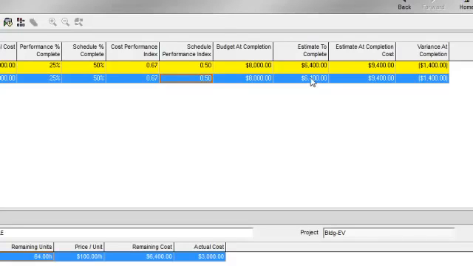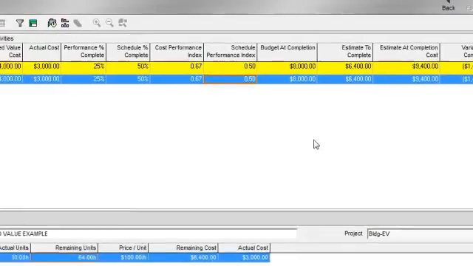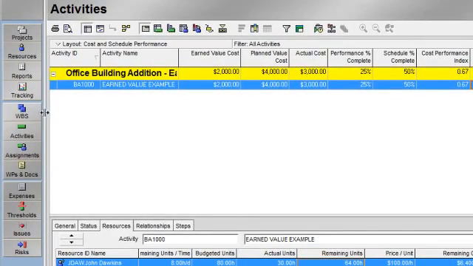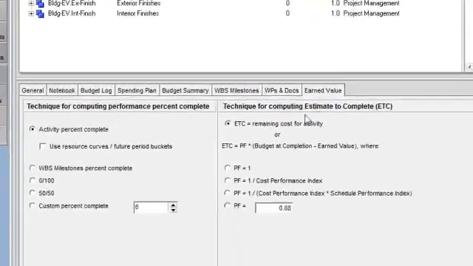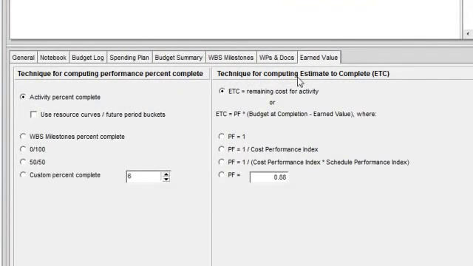My existing strategy for estimate to complete is based on the remaining cost of the activity. But there are other strategies that take into consideration existing schedule overruns and cost overruns. The technique for establishing how you want to calculate estimate to complete is done at the WBS level. In WBS Details, there's an Earned Value tab, and on the right-hand side you can identify your technique for computing estimate to complete. As it stands now, my ETC is being calculated or is represented by the remaining cost for